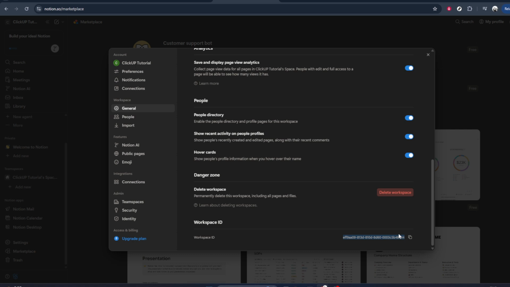Now that you've located the workspace ID, the final step is to copy it. Move your cursor over the ID value and drag to highlight it, or use any copy button that may appear next to it, depending on your current Notion layout. Then copy it using your usual method, such as right-click and select Copy, or use your keyboard shortcut. You can now paste this Workspace ID into an email, a chat message,